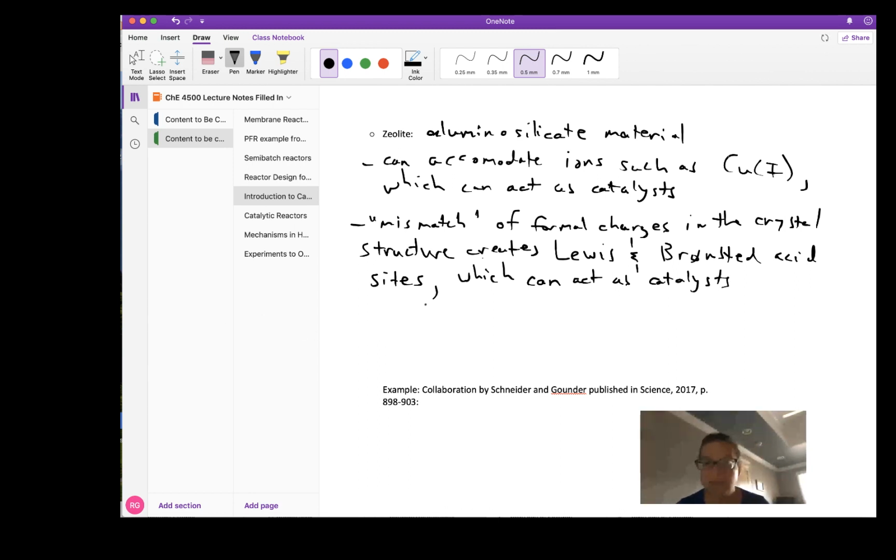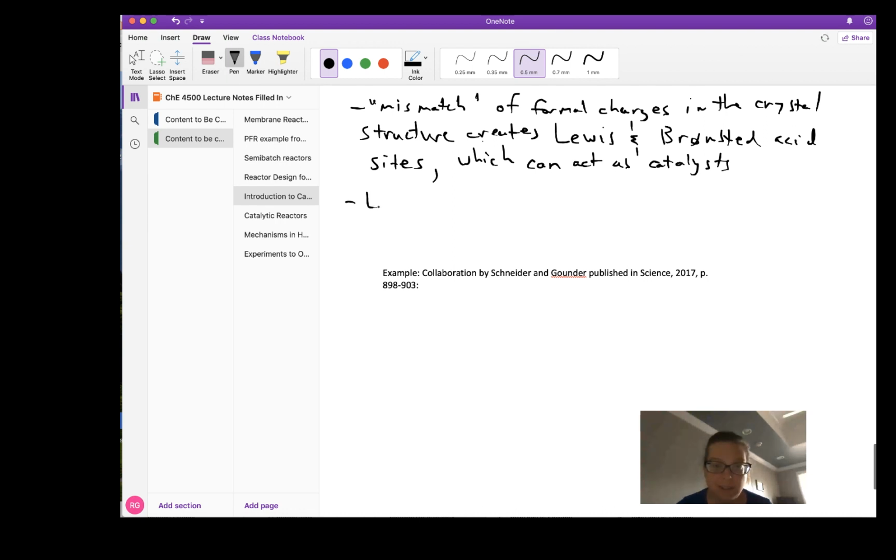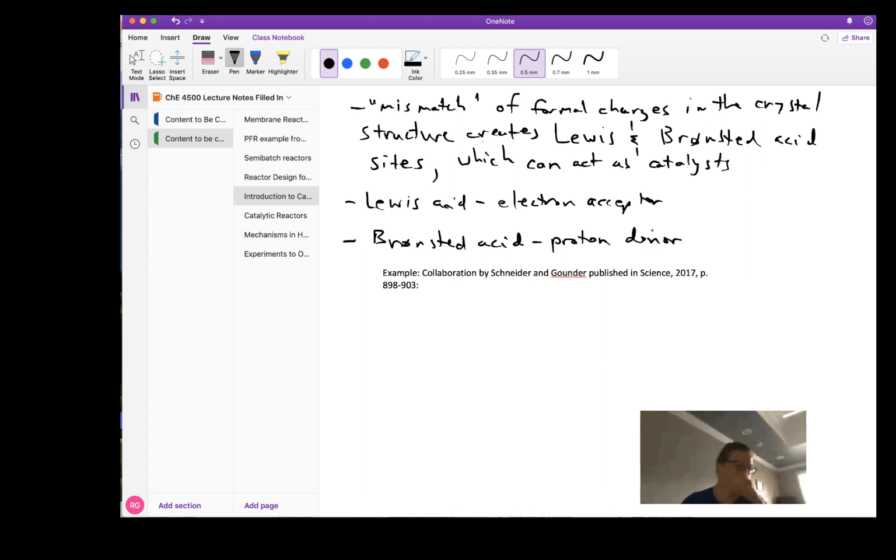When we talk about Lewis and Bronsted acid sites, the Lewis means it's an electron acceptor. The Bronsted is a proton donor. So much like in the homogeneous case example, this allows the altering of the electronic structure, which causes the reaction